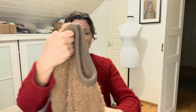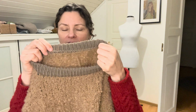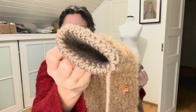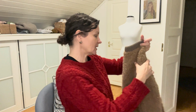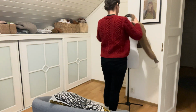It took a week for me to make this, I think, and it has a double folded neck with 3 needle bind off. I was preparing a tutorial for this, and cuffs were made with tubular bind off as well as the hem ribbing. It's waiting for wet blocking and to be photo shot,